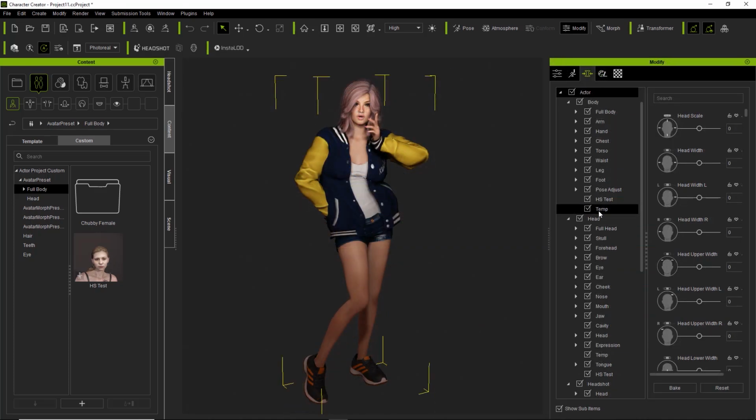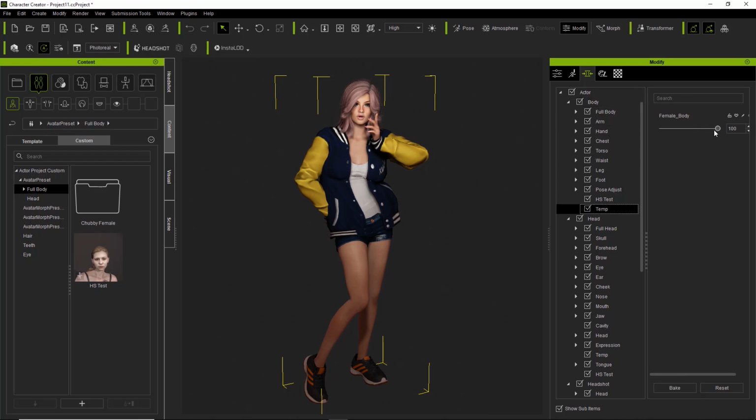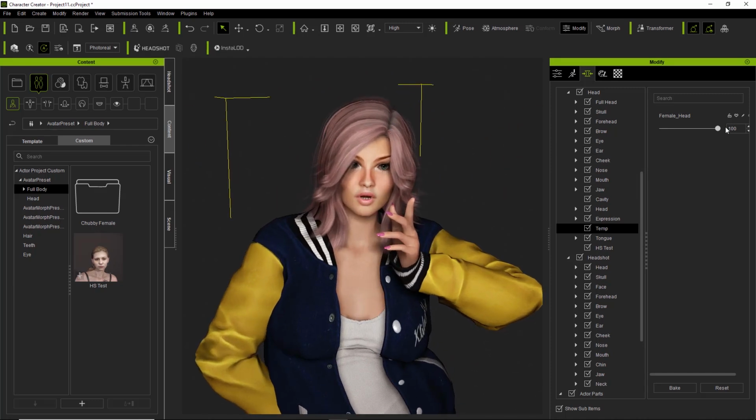Okay, so now you can see we have a folder called temp under the body, and that's the female body. We can take that up and down, as you can see right there, from an androgynous female to your typical female body. And if we go down here, we can also see the temp folder under head as well, and the female head. If we take that down, it's going to go back to our basic genderless androgynous type of head there. Get a better look at it if we zoom in there. And the texture is still the same. However, the morph has changed.